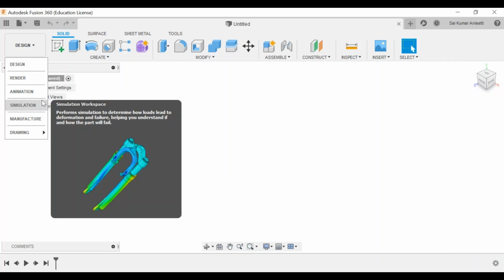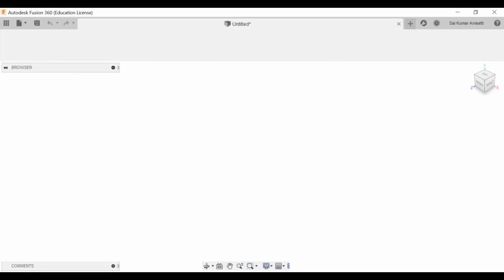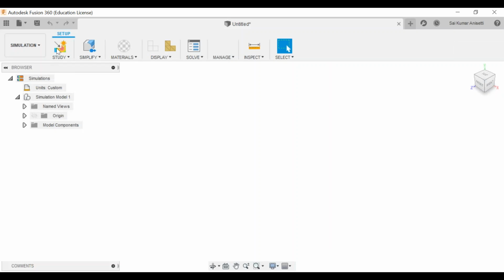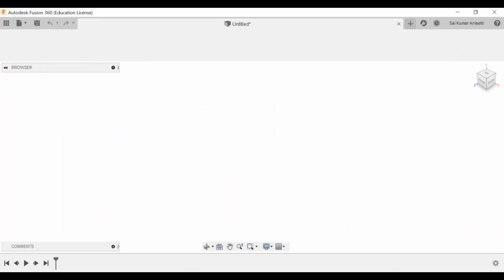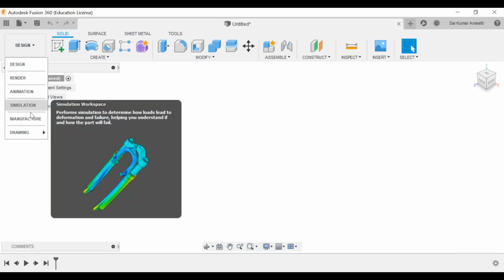And over here, simulation means your analysis part. Like see, if you have to apply the finite element method, it is a simulation. You can apply loads, like you have static stress, simple thermal analysis, event simulation, and you can do vibration analysis like acoustics, right? Modal frequencies and all. Okay, buckling analysis, these are simple analyses, not complicated ones. Okay, you cannot do complicated analysis, right? So that kind of simulation is there. So we will go through that window.